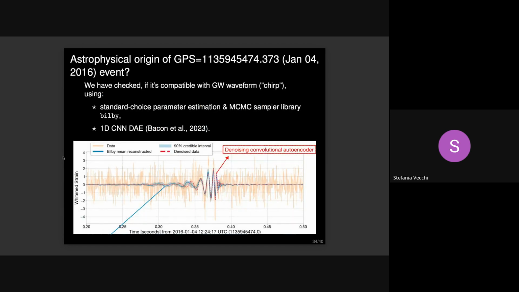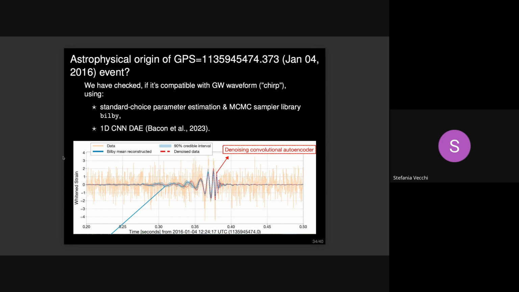and we ran this through our denoiser, the denoiser that I was showing you before. The red curve is the denoiser result on the piece of data, and the blue is the traditional Markov chain Monte Carlo parameter estimator called Bilby. And lo and behold, we found something that is matching the denoising output and looks exactly like a chirp in